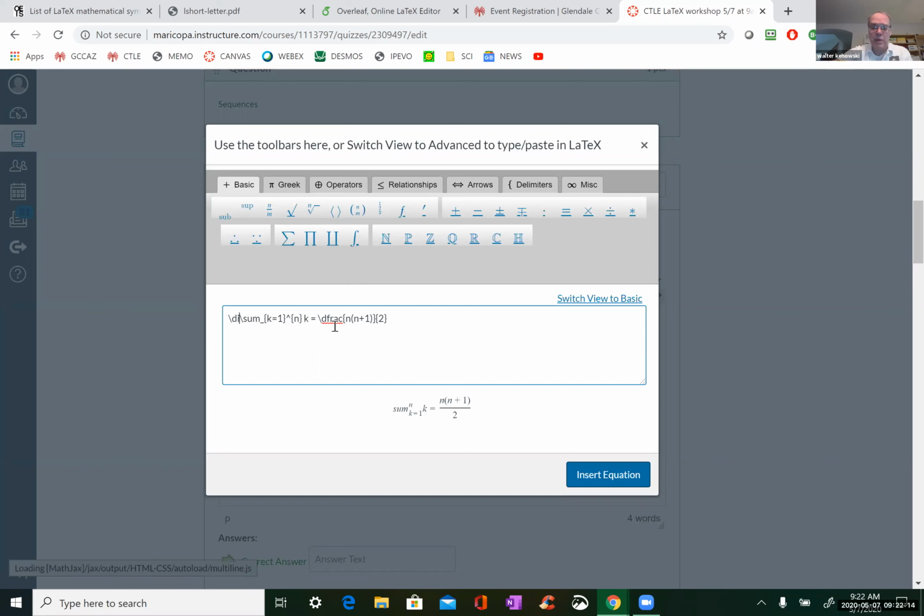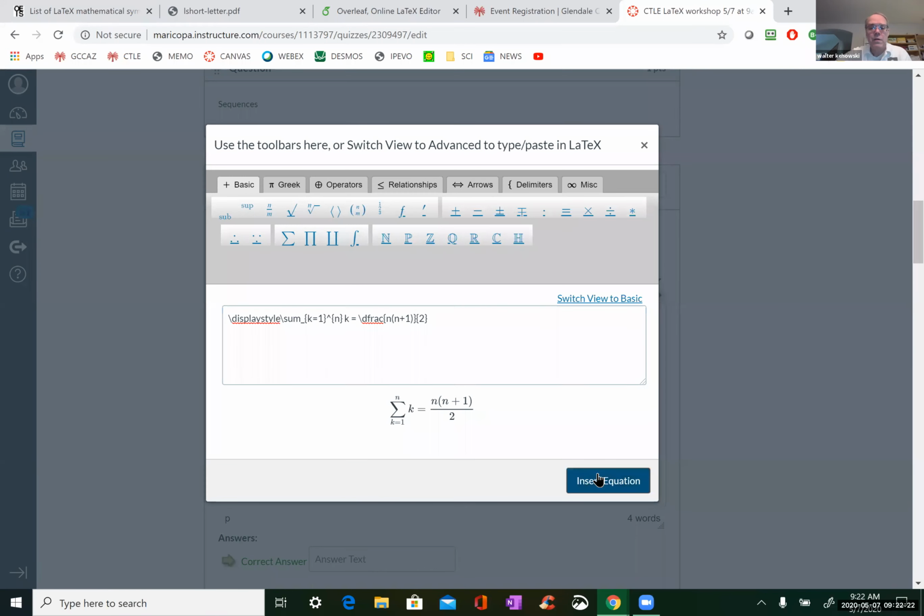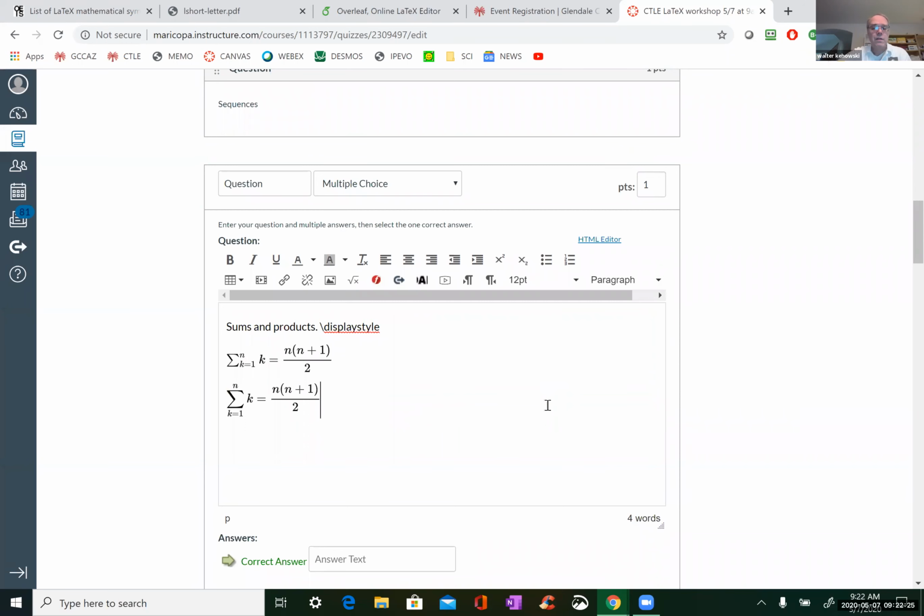There's a command, display style, that forces the display form. Now notice the position of the subscripts and the size of the sigma are completely different. That's more like a displayed equation sigma. That's more the kind of form you really want if you're going to put it in the middle like this. So use the display style command to make it render properly. Otherwise, it'll render the way you see in the other one without it.